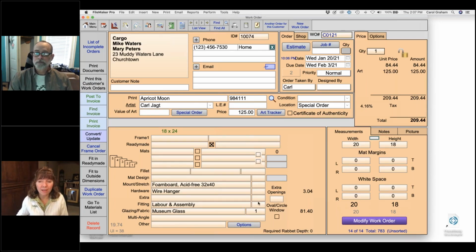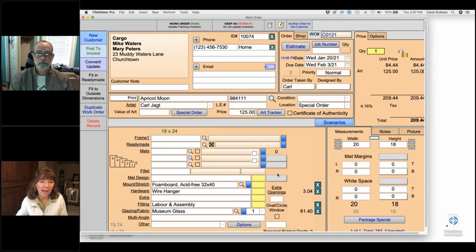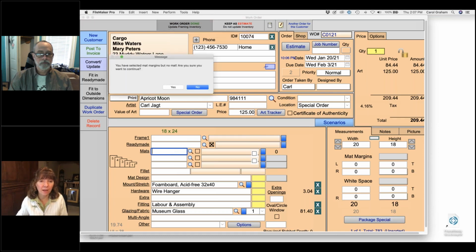Over on the right-hand side, there's a purple Modify Work Order button. When I click on the purple Modify Work Order button, that's going to show me that I can add in a frame or add in a mat. When I'm finished, I need to make a decision on whether it's work order done, go ahead and update the inventory, or keep this as an estimate and do not take the items out of inventory. In which case, I need to click the estimate button first, and then I can keep it as an estimate. Otherwise, when I click the work order done, whatever the materials are for this item,